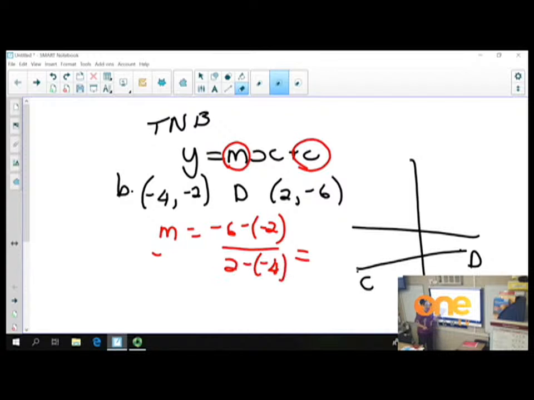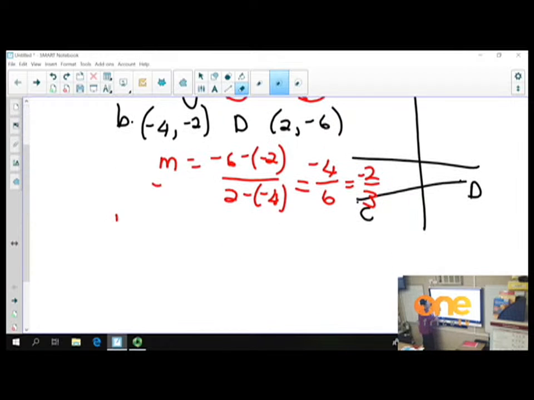So -6 plus 2 is -4, and 2 plus 4 is 6. So it is -2/3. So the equation is now y is equal to -2/3 x plus c,